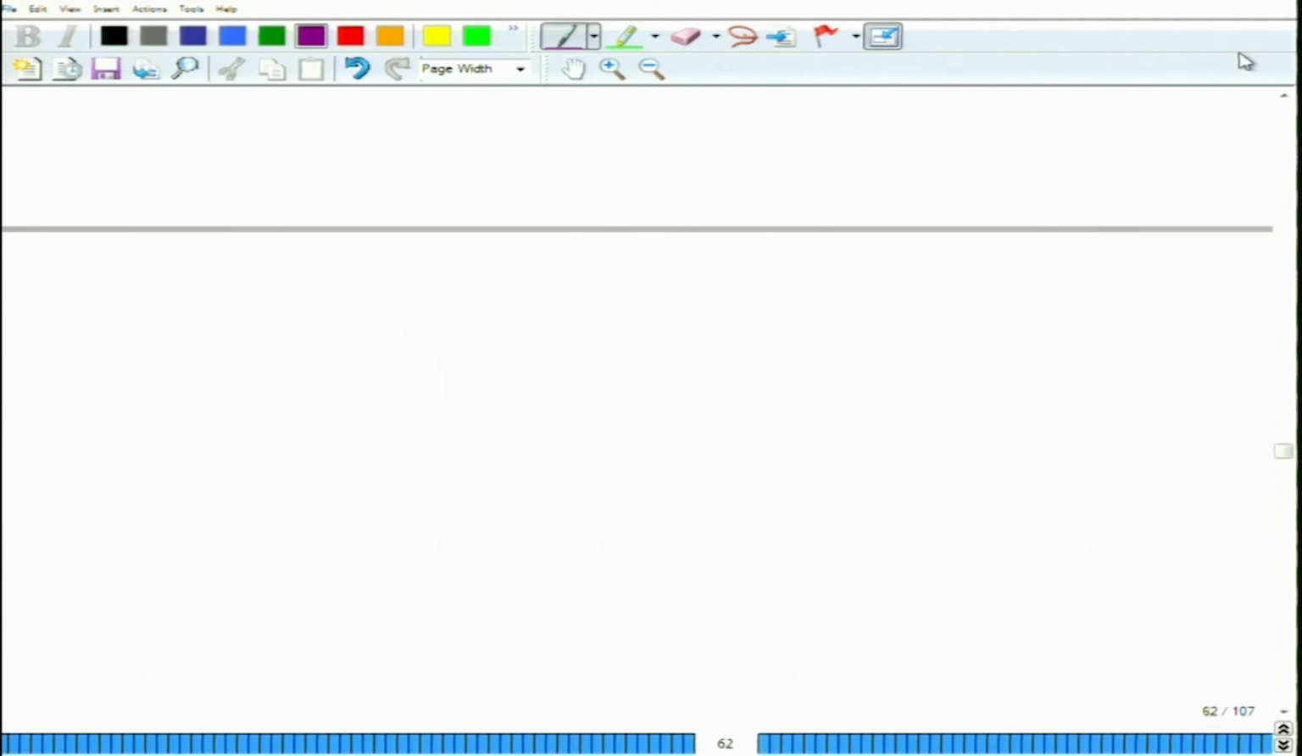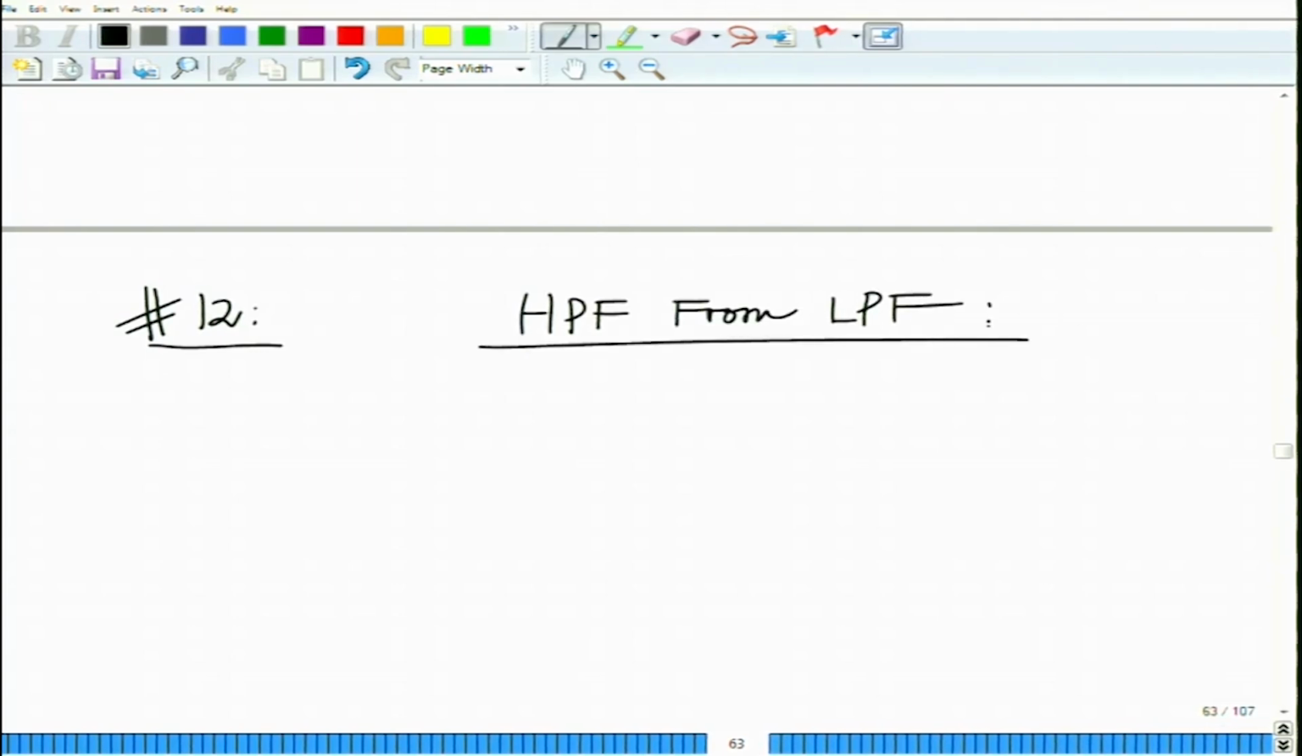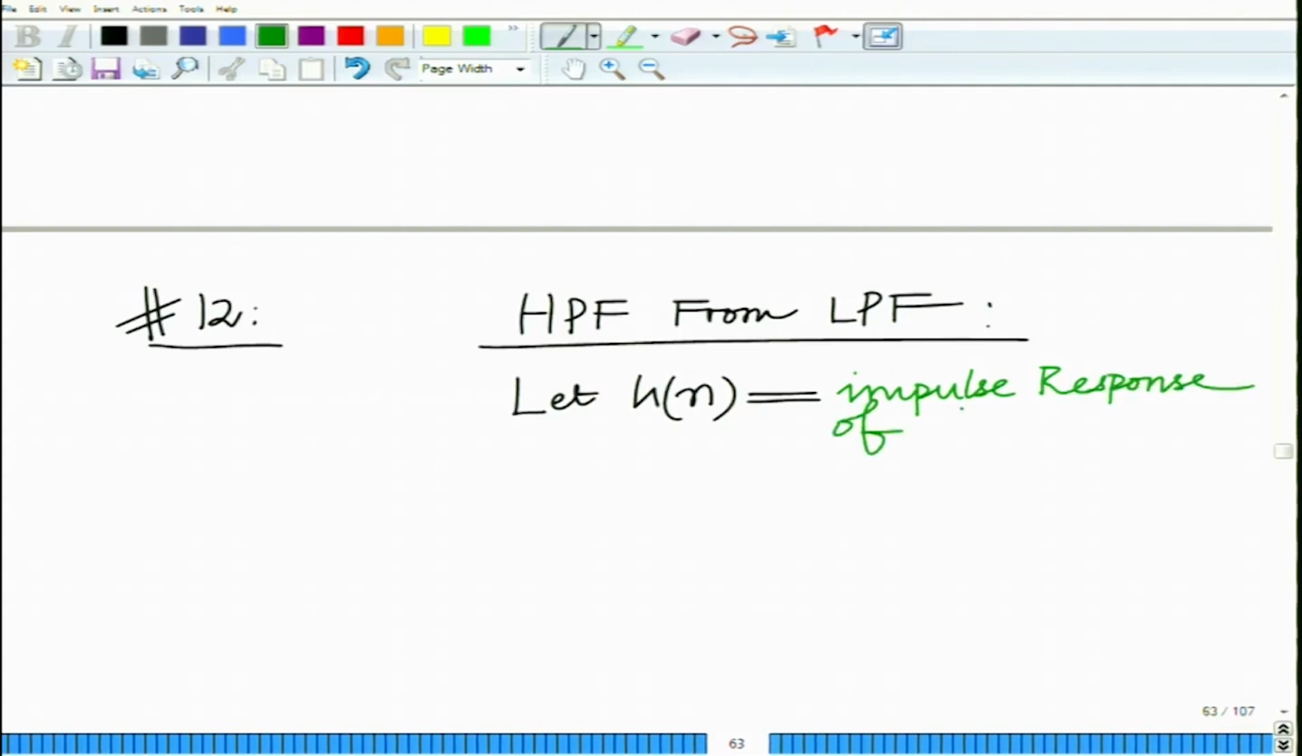Let us look at how to derive a high pass filter from a low pass filter. Okay, so, this is my problem number 12, and we will see an interesting technique to derive a discrete time high pass filter given a low pass filter. Okay. So, let h[n] be the impulse response of an ideal LPF, low pass filter,